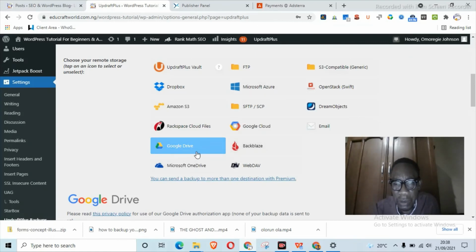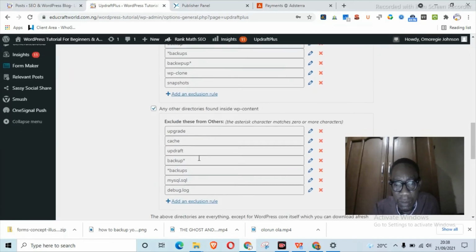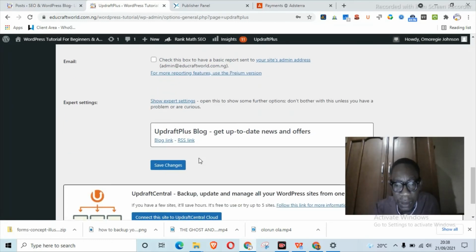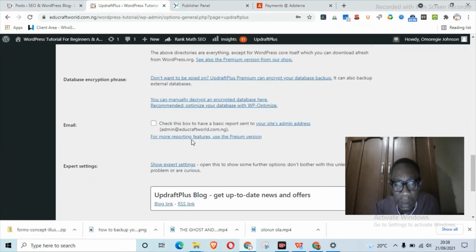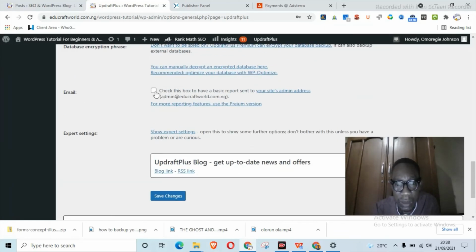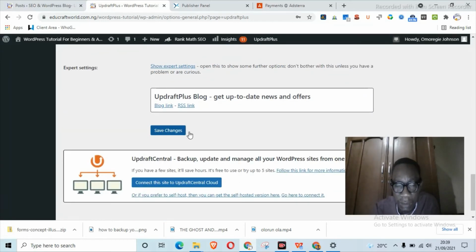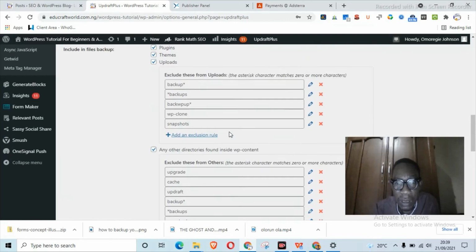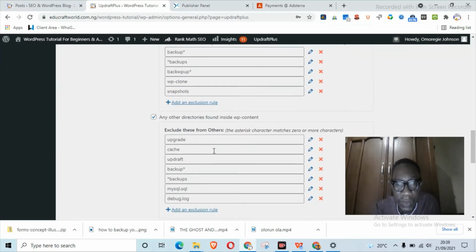For Google Drive, you choose it and enter your email address. This is Microsoft OneDrive, see it here. Whichever one you choose, if I choose OneDrive, I need to choose an email, which is this. Once I have chosen whatever I want, the email and all those settings, I have to click on save changes. Don't forget, you need to click on save. So let's go back to Google Drive. I choose Google Drive, and